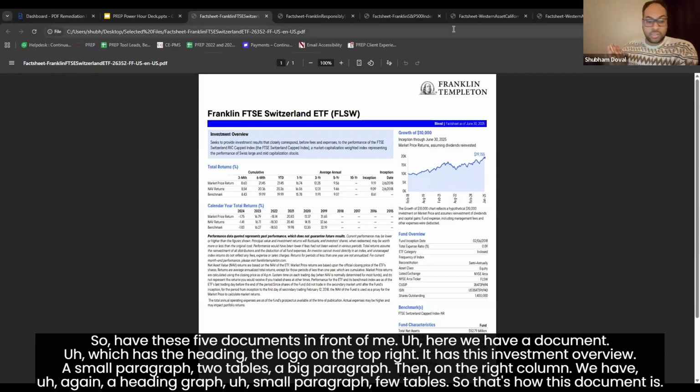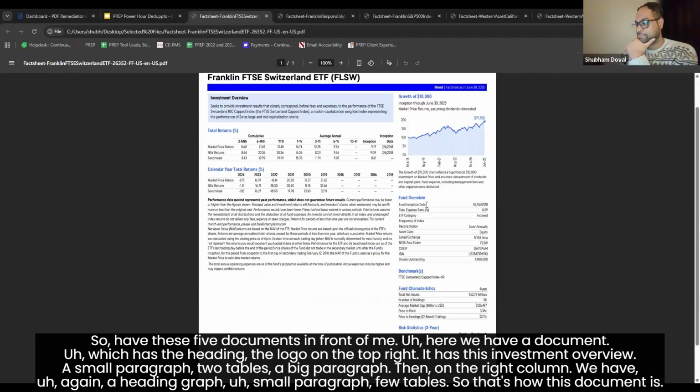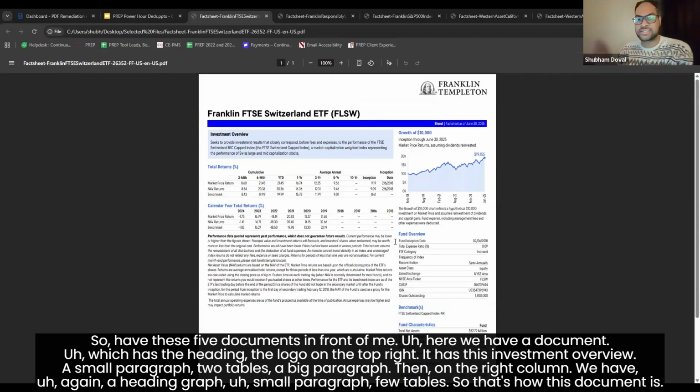So I have these 5 documents in front of me. Here we have a document which has the heading, the logo on the top right. It has this investment overview, a small paragraph, 2 tables, a big paragraph. Then on the right column, we have again a heading, a graph, a small paragraph, a few tables. So that's how this document is. Now, if I go to the other document,